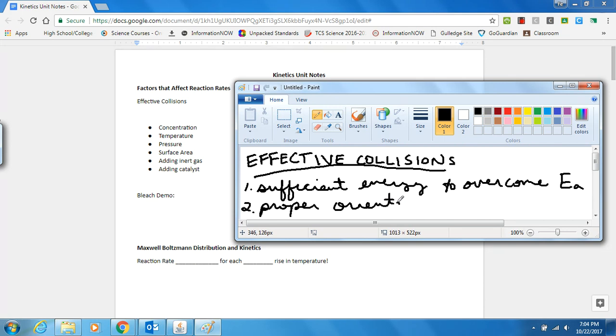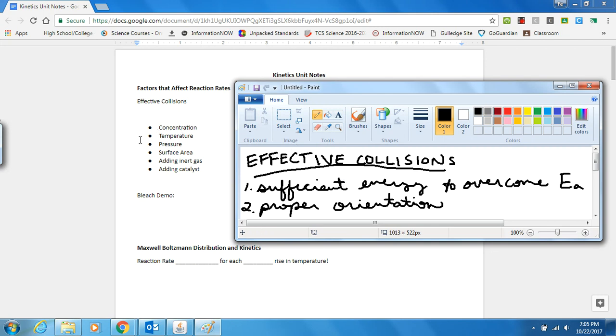So that means that those reactants have to collide at a certain point, most likely head on. If you have both of these happen, you will have an effective collision. Well, now that we know we have effective collisions and the criteria that must be met, let's look at these